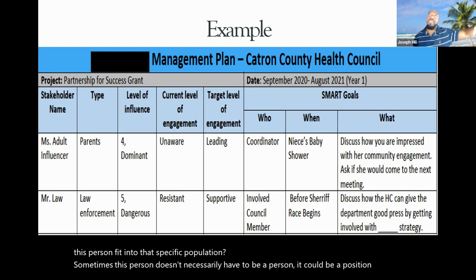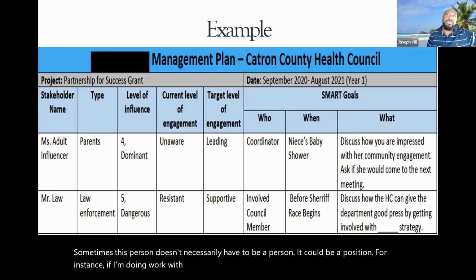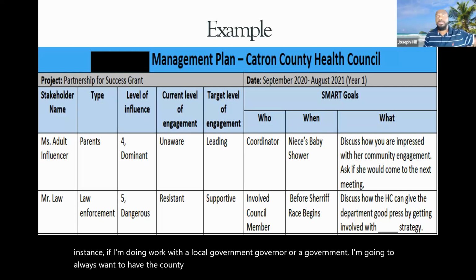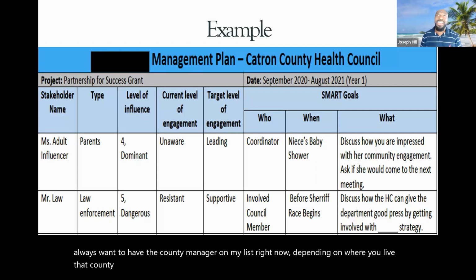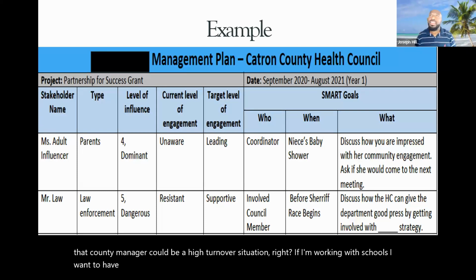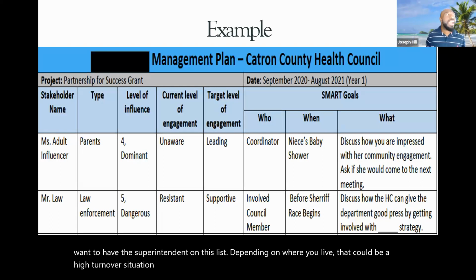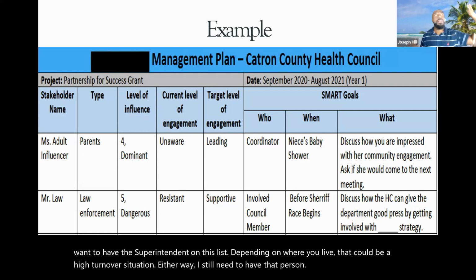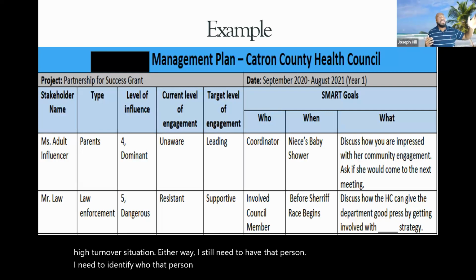For instance, if I'm doing work with a local governor or a government, I'm going to always want to have the county manager on my list, right? Now, depending on where you live, that county manager could be a high turnover situation, right? If I'm working with schools, I want to have the superintendent on this list. Depending on where you live, that could be a high turnover situation. Either way, I still need to have that person. I need to identify who that person is,